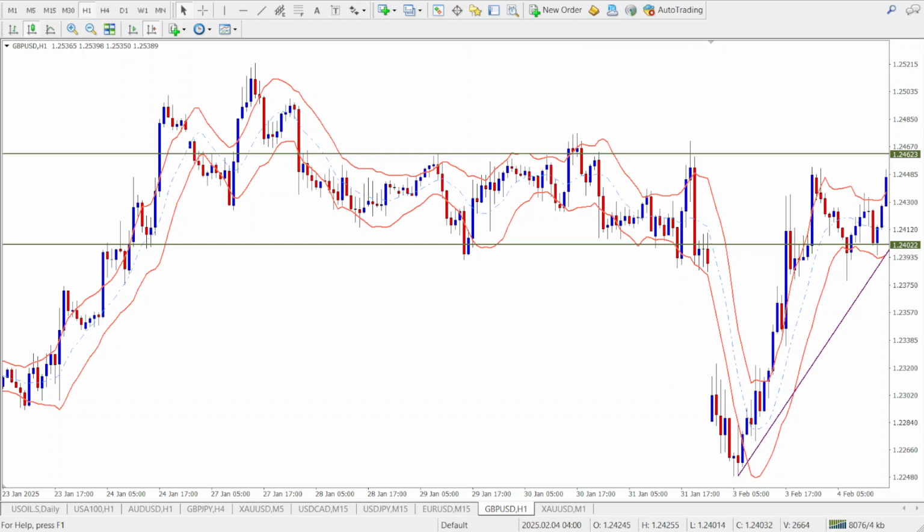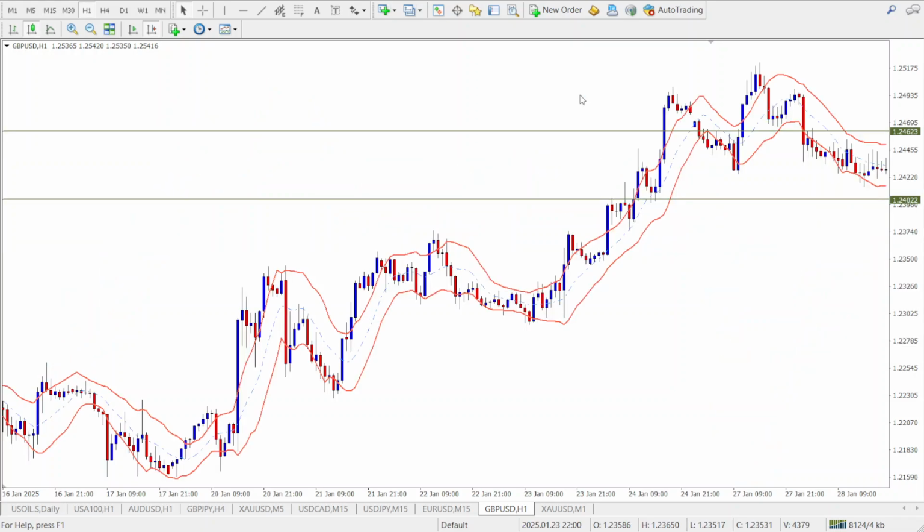All right. Now, setting up the Keltner channel on your chart is easy. And here's how to do it. Just open your charting platform, then search for Keltner channel. Okay. If you are using MT4, you can just come to insert, come to indicators. If you can't find it readily available on your MT4, then you might have to download it from an external site and then add it